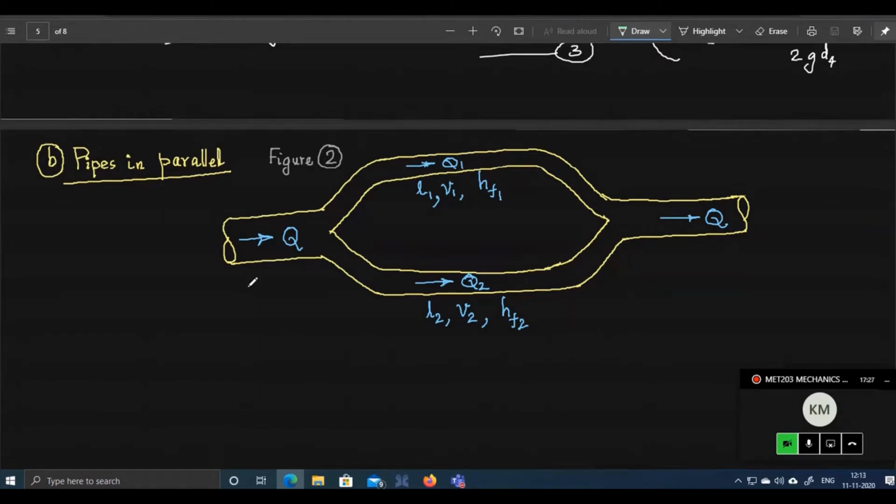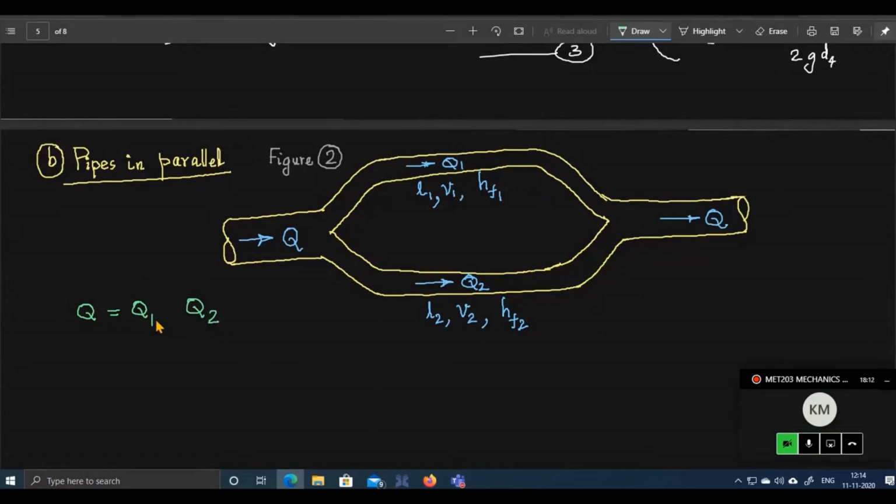And the discharge Q now will be split into two, since here we have two branches, Q1 and Q2. Important thing: in the earlier series combination, the discharge through all the portions remains the same, irrespective of the area, the length and the average velocity. But in this case, the discharge fed to the common pipeline before branching, Q, and after branching into parallel lines, you can have Q1 and Q2, two branches here. There can be any number of branches. Here, for simplicity, I have considered only two.